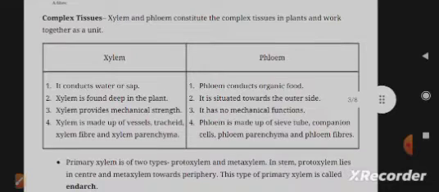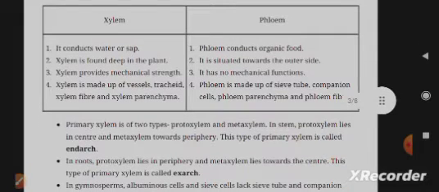Complex tissues: xylem and phloem constitute complex tissues in plants and work together as a unit. Xylem conducts water or sap, is found deep in the plant, provides mechanical strength, and is made up of vessels, tracheids, xylem fiber, and xylem parenchyma. Phloem conducts organic food, is situated towards the outer side, has no mechanical functions, and is made up of sieve tubes, companion cells, phloem parenchyma, and